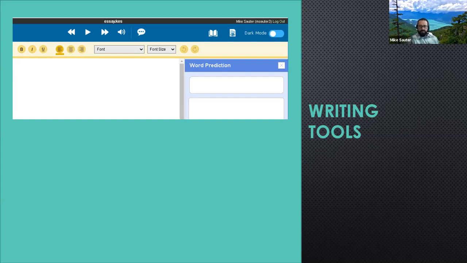Oh, good. Writing tools. We're going to move on to our next two topics, which is the writing tools that are built into the draft document. So we just went over the document for word prediction. Now let's go and change to the document,